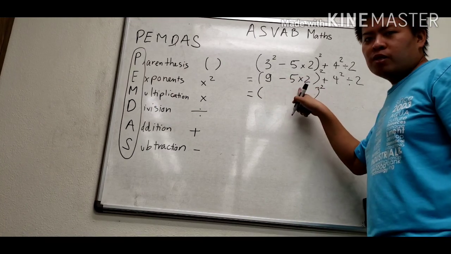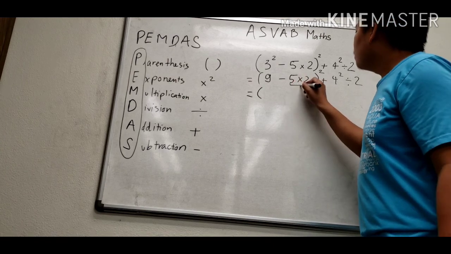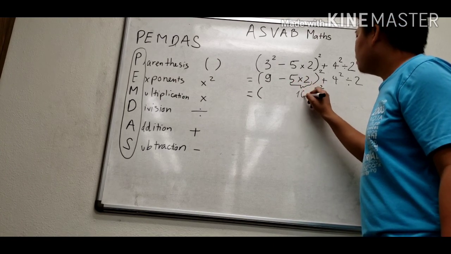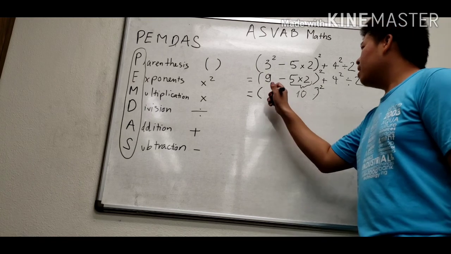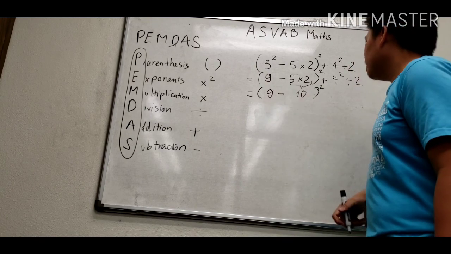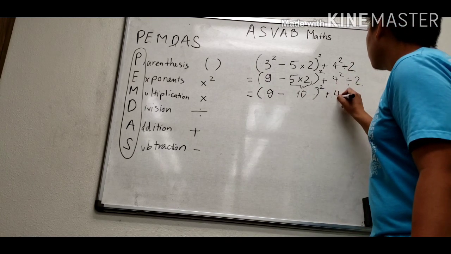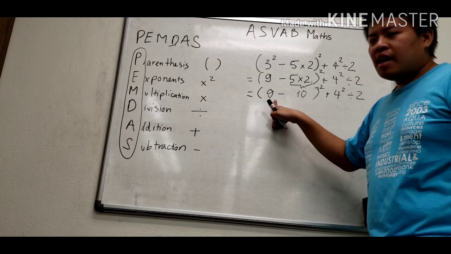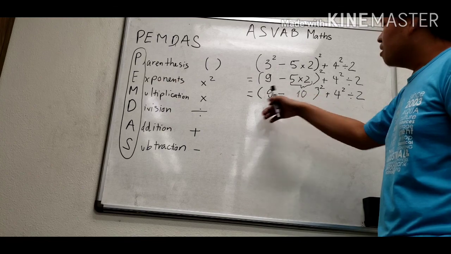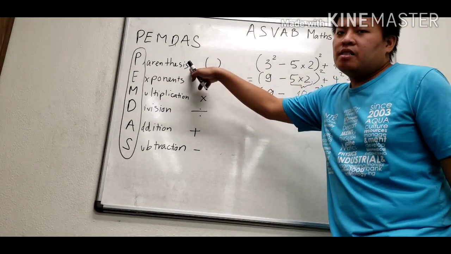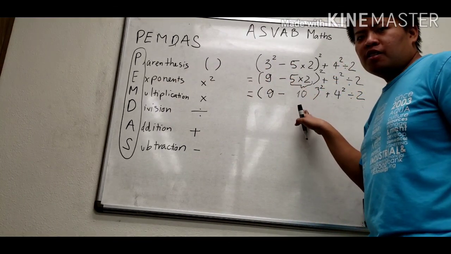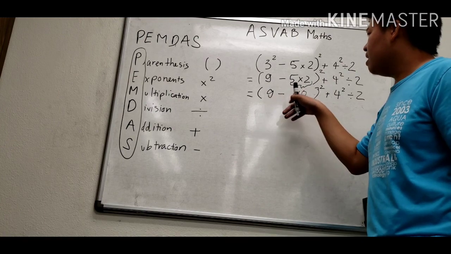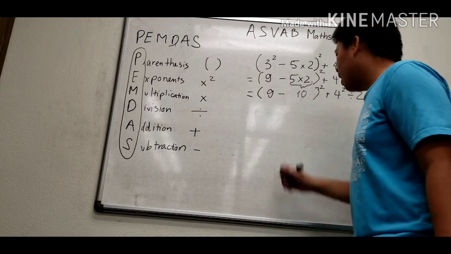So we will do the multiplication first. So in here we become 10, and we have 9 minus in here. We have number 9 minus 10 because we are still in the parenthesis. They will do the first. So as we have 9 minus 10 is about